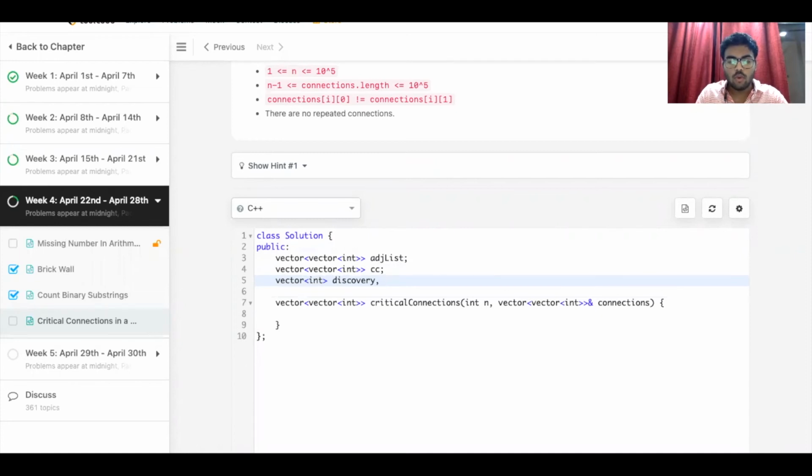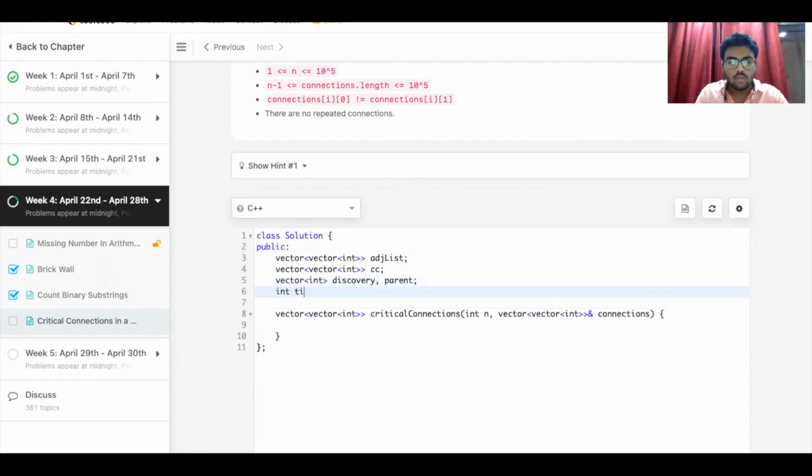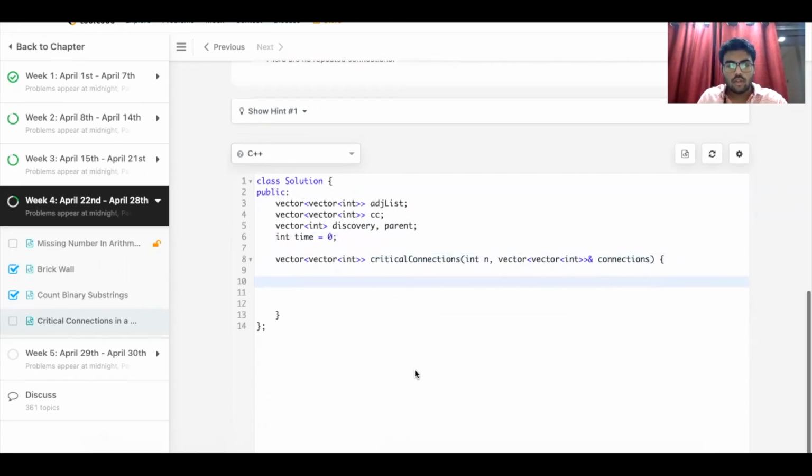Then we have one more, parent. Then we also need to make a variable, time.